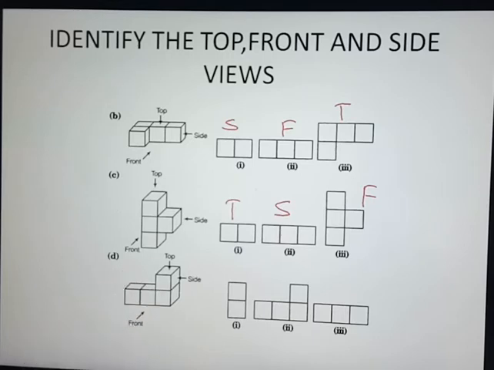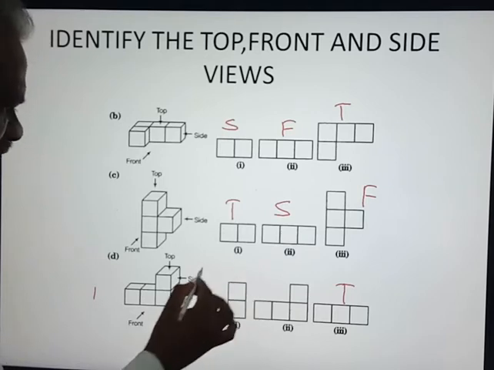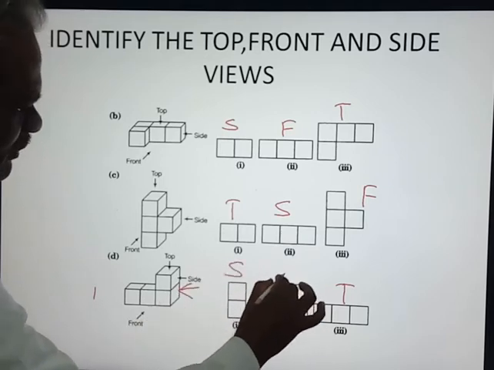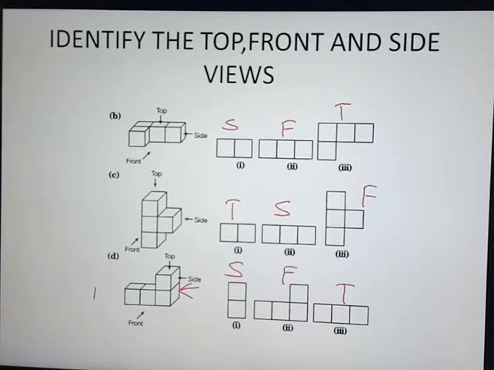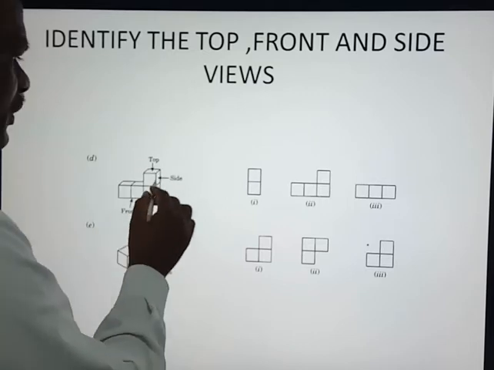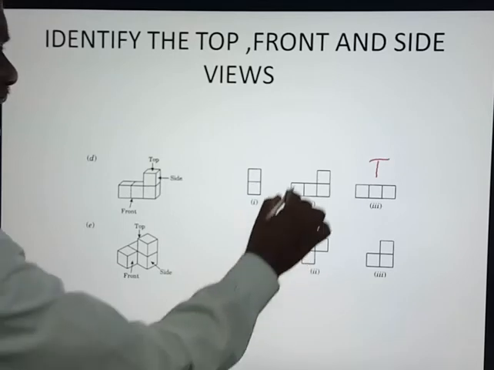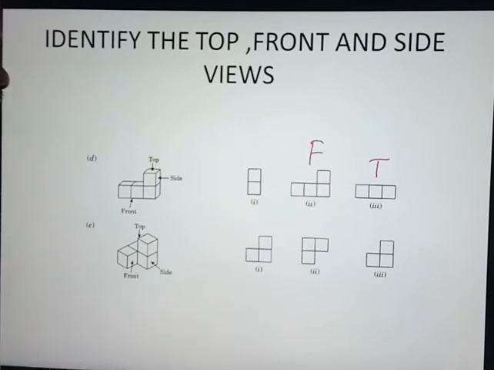Look at this one. What is the top view of this object? Third one. For the third option. First, third figure. This is the top view. Okay, good. Now from the side view, what is the side view? From this direction. Side. So this is the first one. So naturally this must be the front. This must be the front view. 2 more objects here. Again, top view. Top view, this is the third option. Okay, this is the front view. And this is the side view.